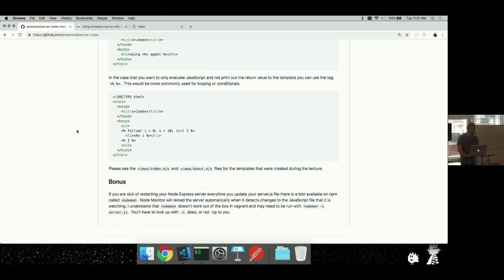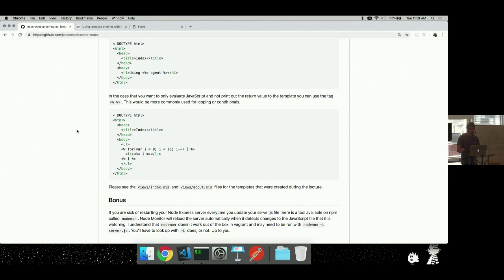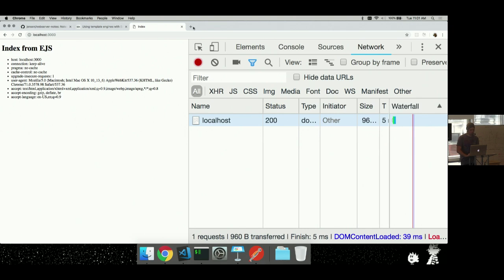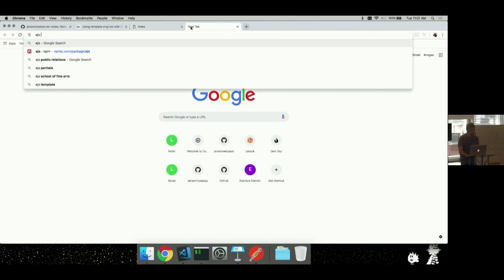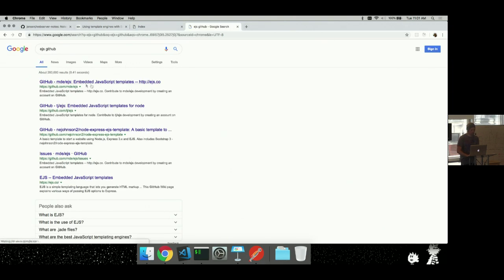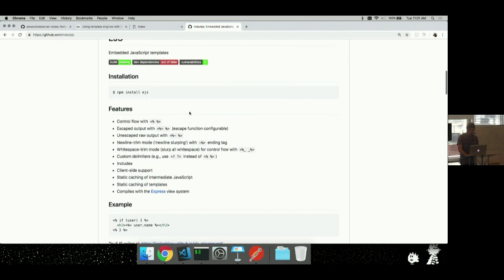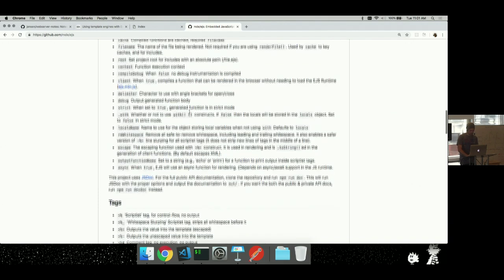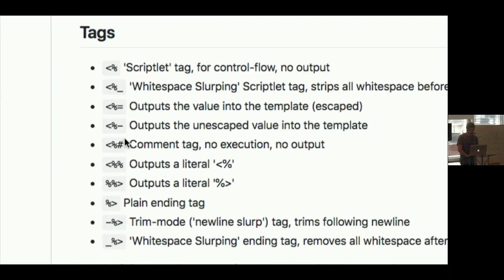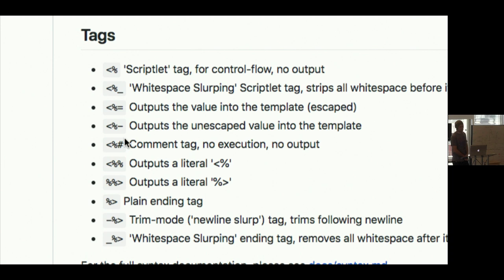All right. That is all of the material that I had for today. If you want to know a little bit more about EJS, we should look at, here we go. See these tags? I showed you 2 of them, right? I showed you 2 different options that we have. And those are the 2 options that we're going to be using today, and probably the 2 options that I use